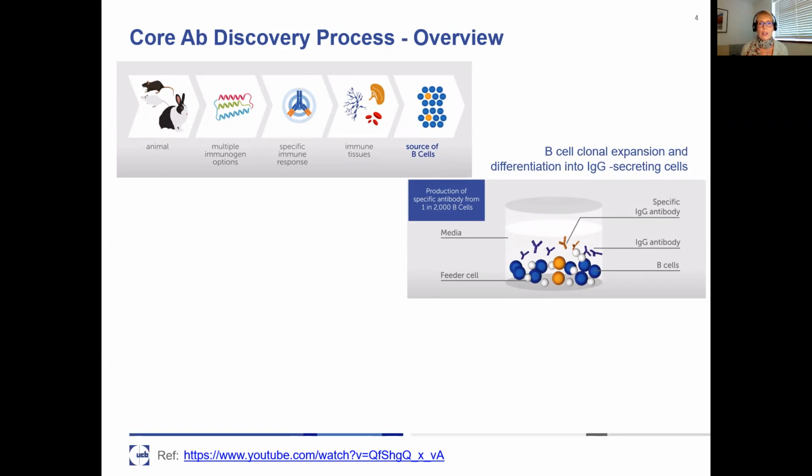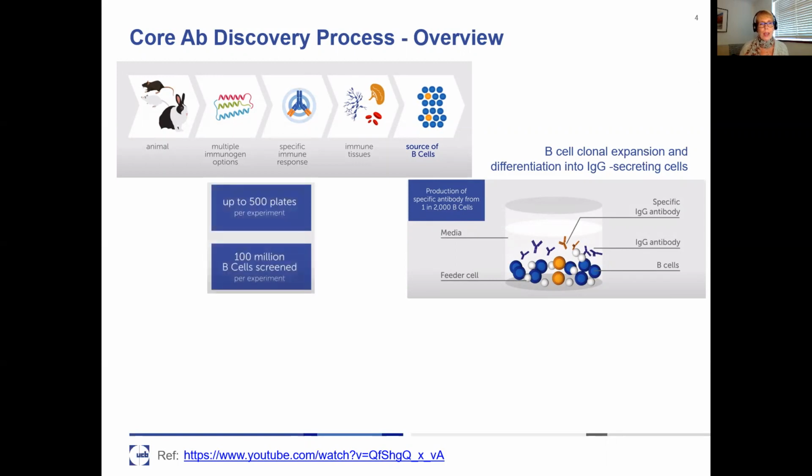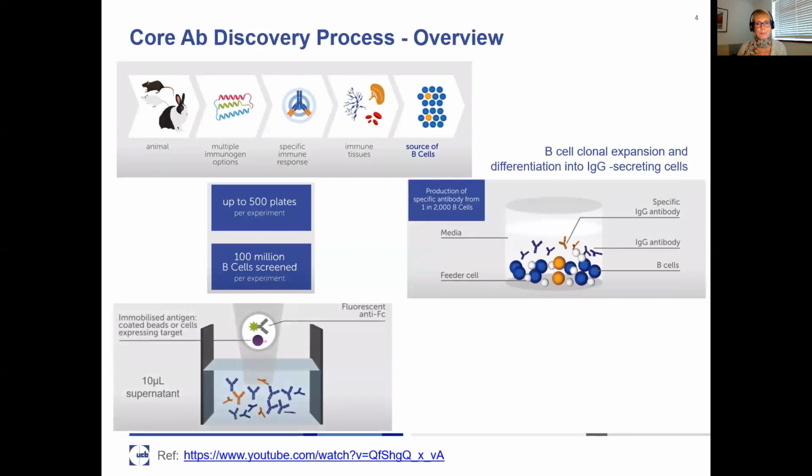of interest. So the B cells are then cultured for approximately 7 days with the view of expanding the B cell population and allowing them to differentiate into antibody secreting cells. And then the antibodies are released into the supernatant. And these kind of experiments are quite large. We're looking at 100 million B cells that we would like to screen, and that can be about 500 plates per experiment. We can then deploy a range of platforms to screen for specific binders, but typically we use bead-based